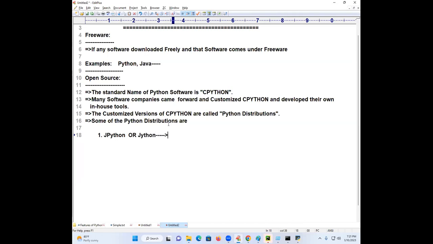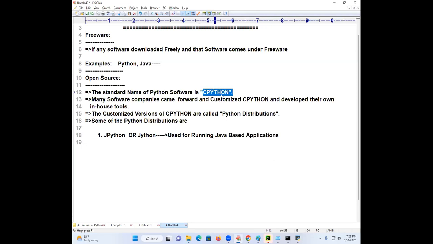It is used for running Java-based applications. What is the name of the open source? JPython or Jython, used for running Java-based applications. Are you getting it?